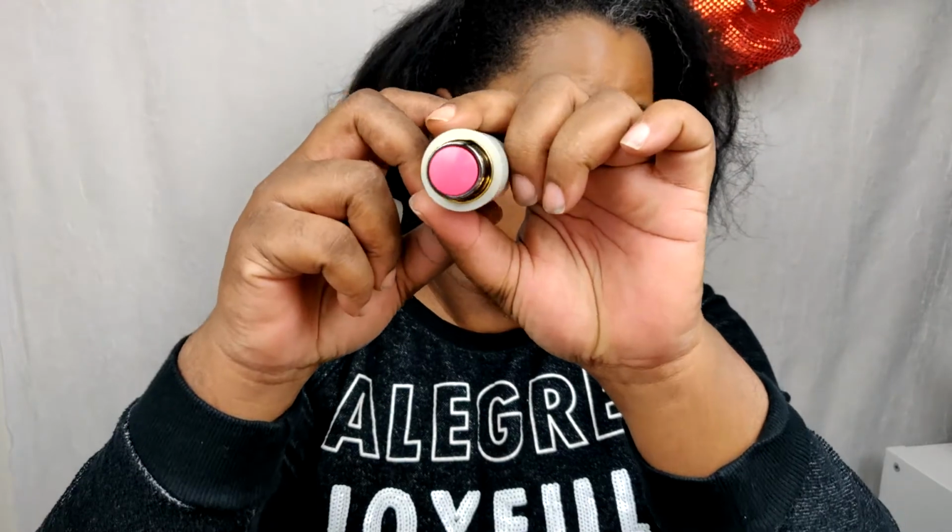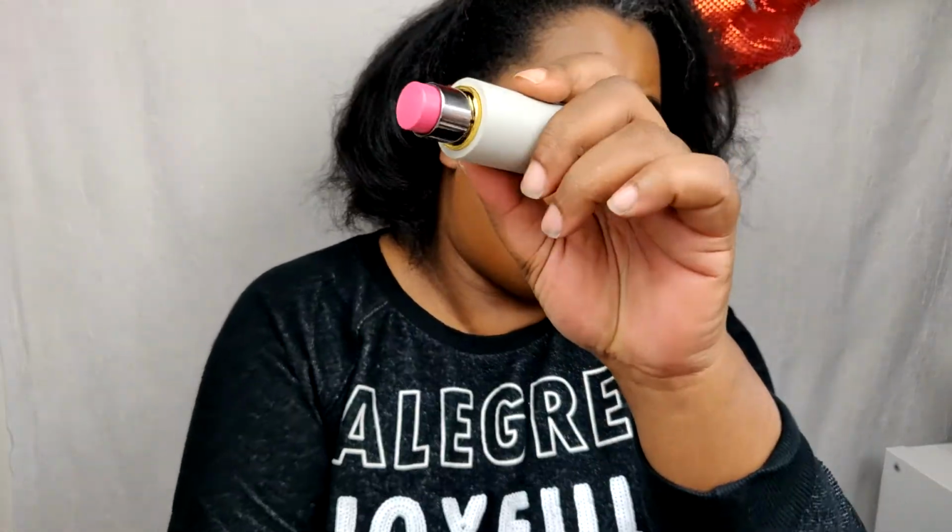Now, I wasn't able to find any other shades that I knew would fit me. This one was the most obvious, and once again, she looks like this. This one is the most obviously cool toned. So I knew this one would fit me. All the others either looked warm or were described as warm, so I didn't want to mess with them. Let me go ahead and...